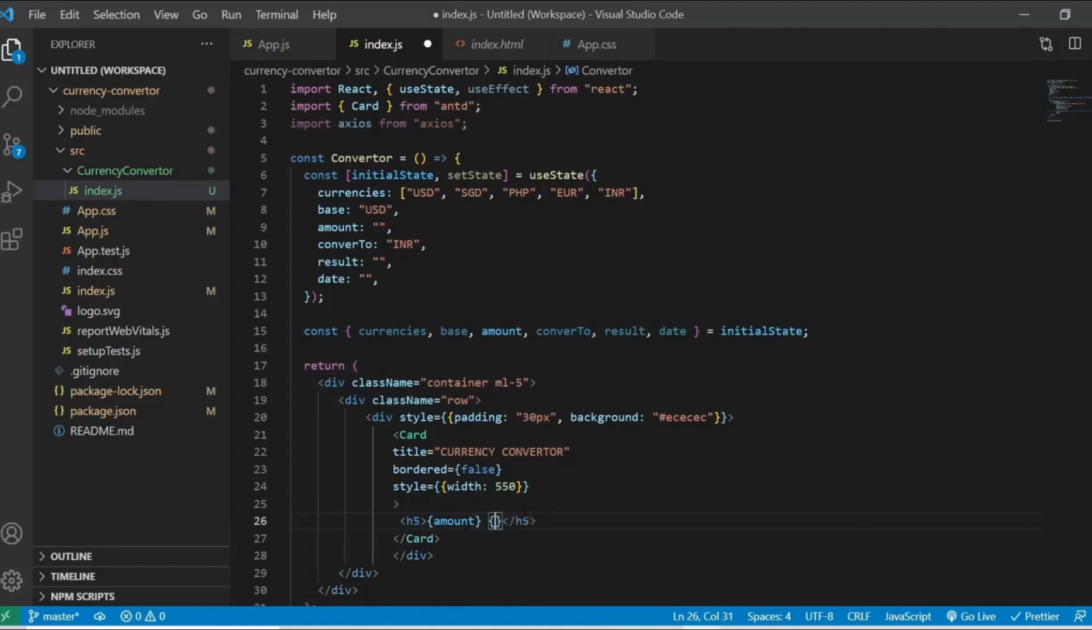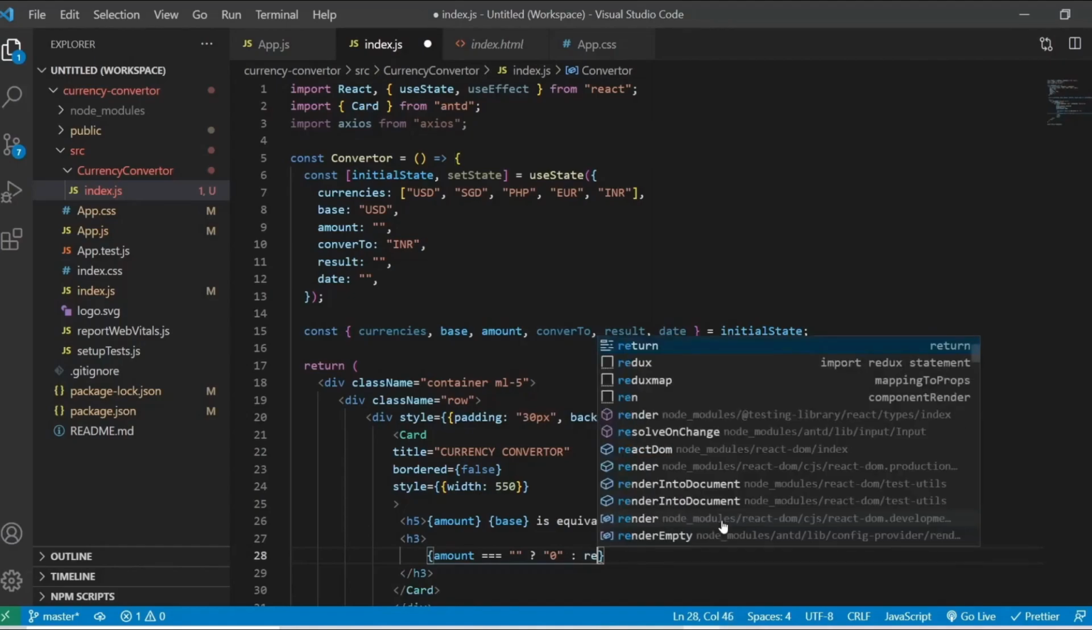So amount I'm giving here, and base is equivalent to, so whatever the base is selected, it will convert into that respective currency country value. So we'll have another h3 tag here. So here I'm going to give the amount. First I'm checking if amount is empty, then the value will be 0. If amount is empty means value will be 0, else,